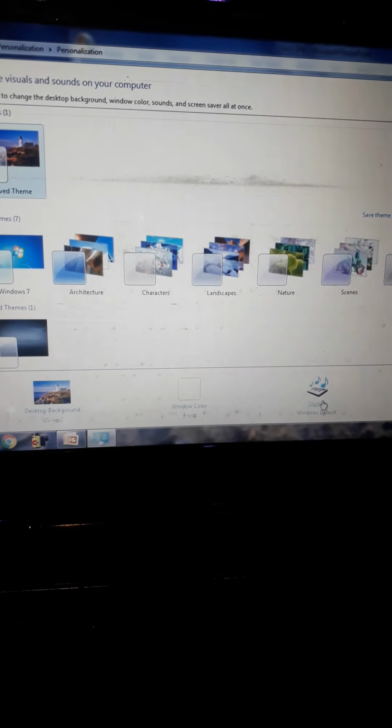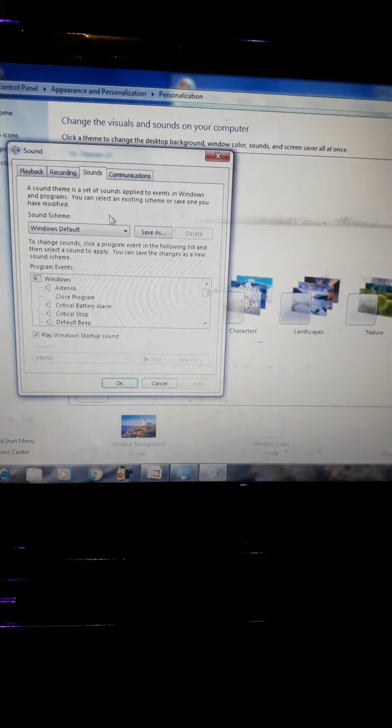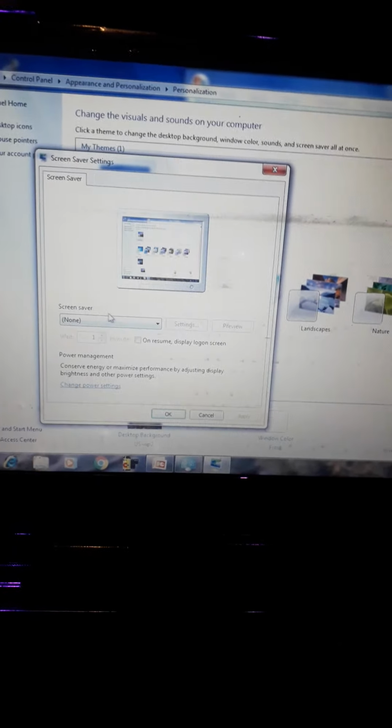Next he has given the sound options. We can change so many sound options from here. And also he has given the screensavers. If you want to apply a screensaver, then simply click on this icon, and this type of interface will appear, and here we have to apply a few changes. Here a screensaver is given, so select any type of screensaver. Suppose I want to apply a 3D effect, so I am going to apply 3D text, and here a preview option is given. After clicking on preview you can see it.